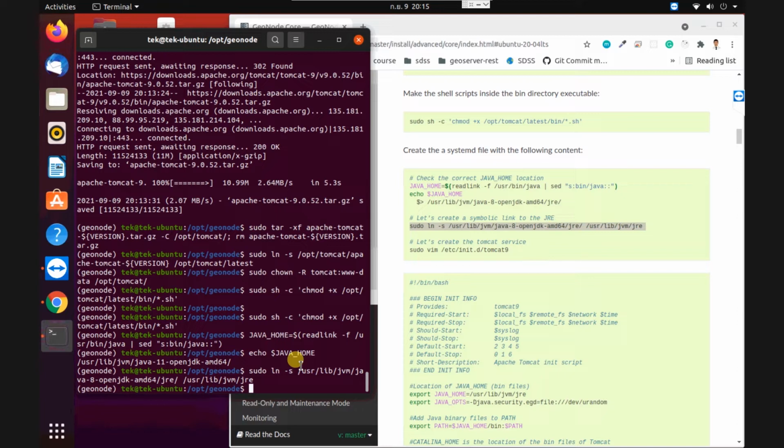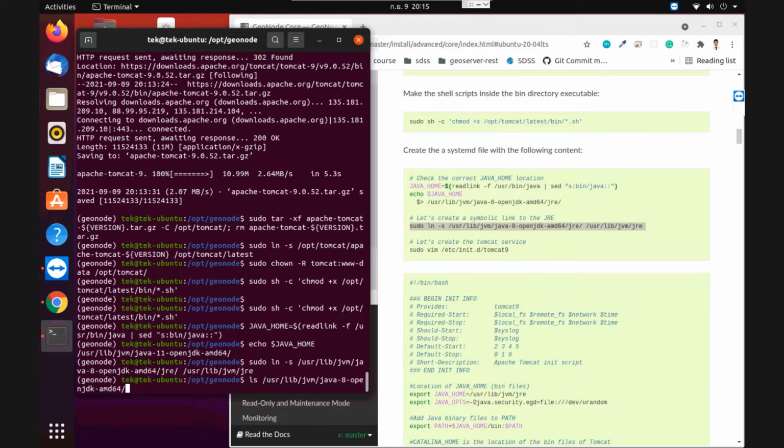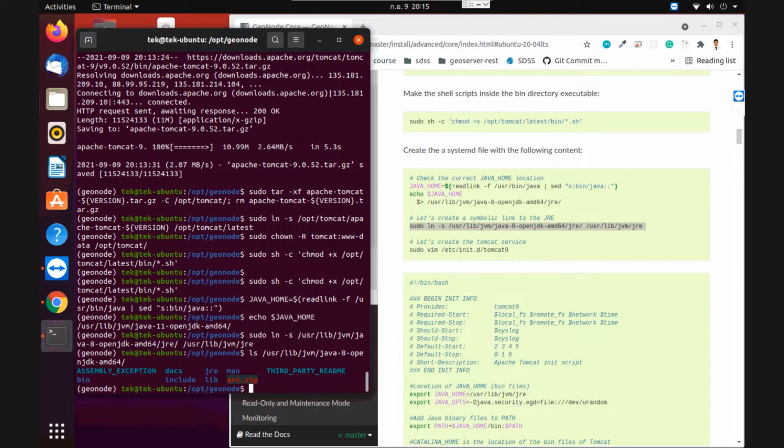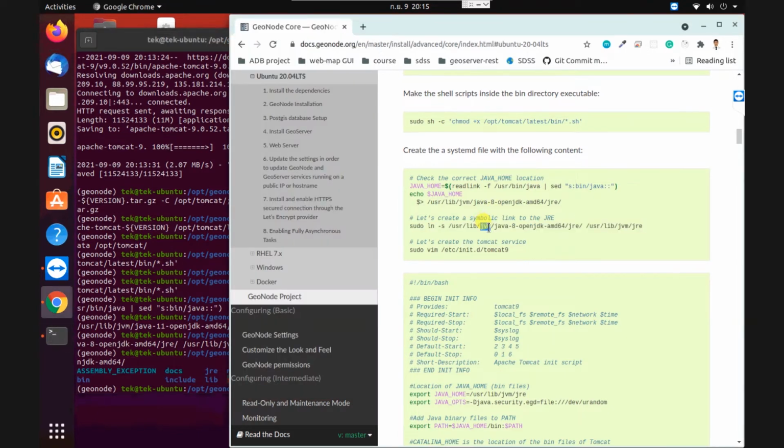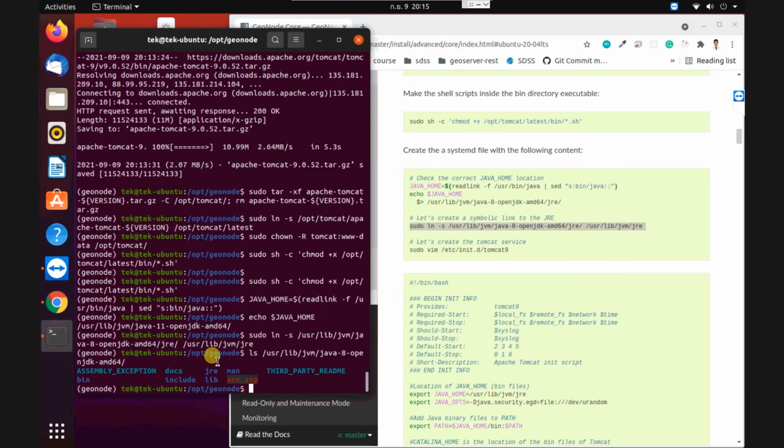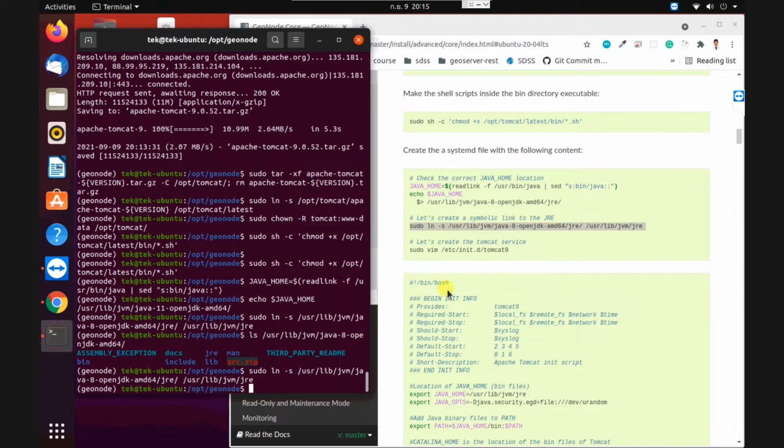So maybe I can ls, list out my directory user lib and then jvm and then Java 8. Okay, now you can see here I have the Java 8 as well. I have the Java 11 as well. So that means I can simply create the symbolic link for the Java here. So simply I'll create the symbolic link, and after that I